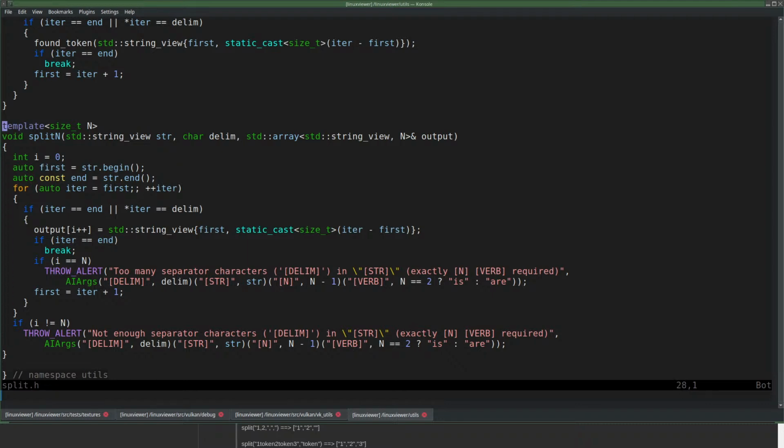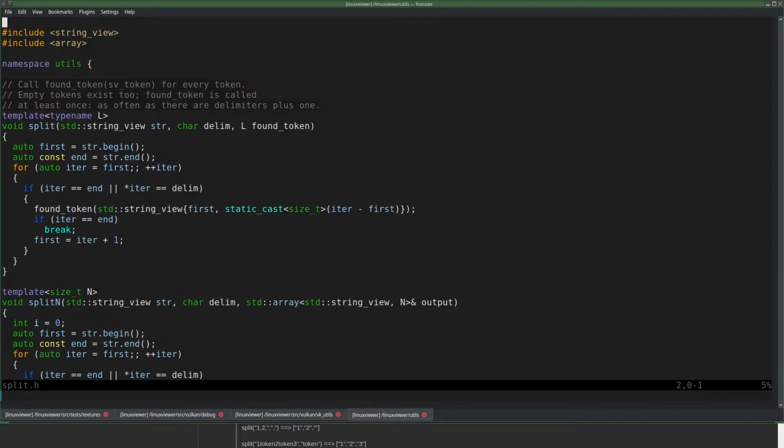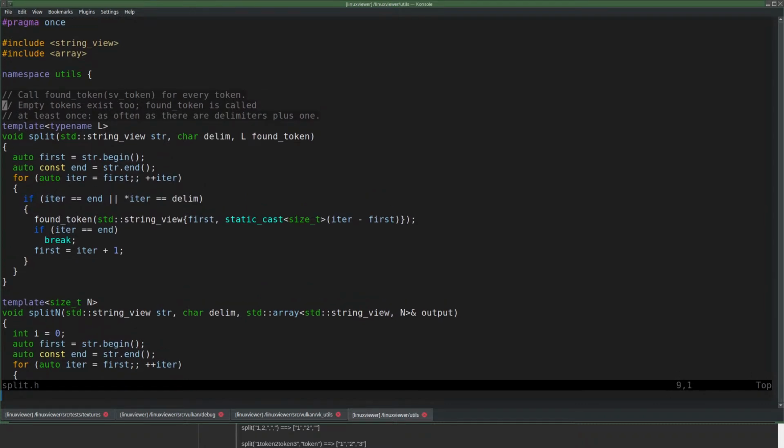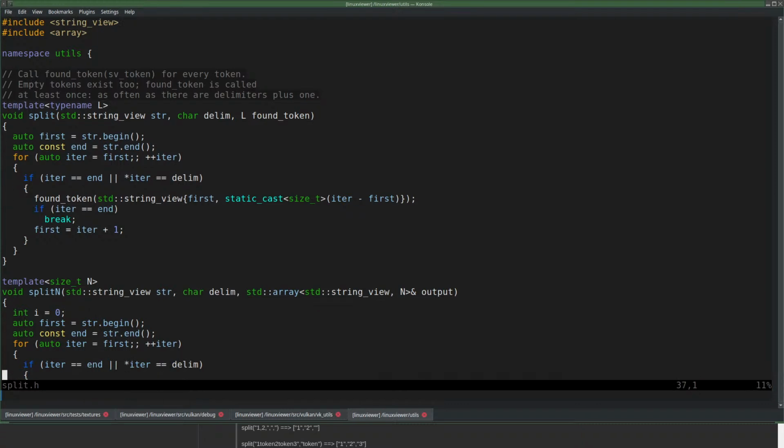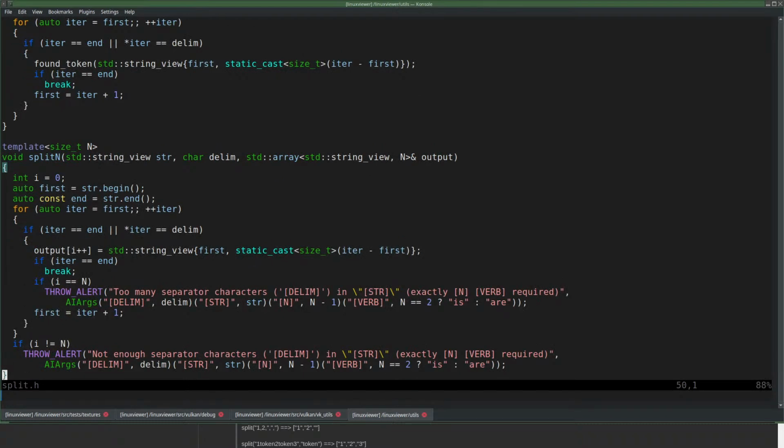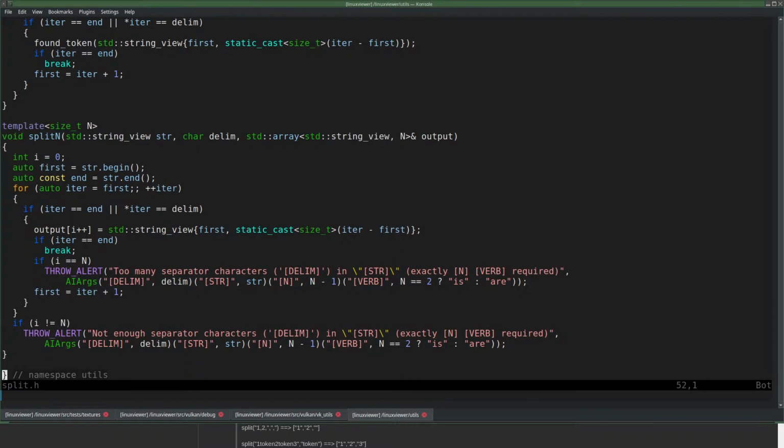This requires an array. So this only works if you know in advance how many tokens there are.